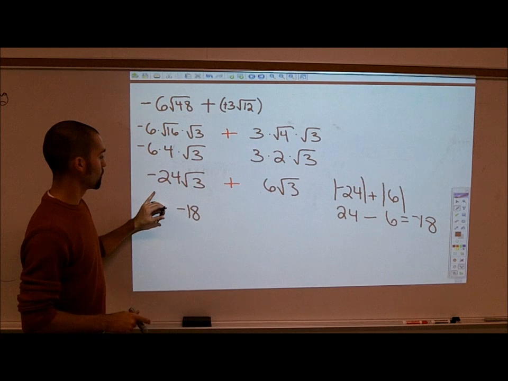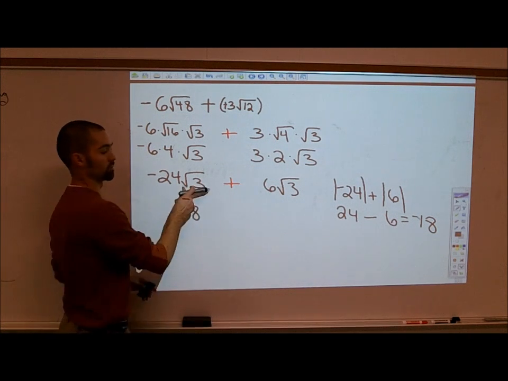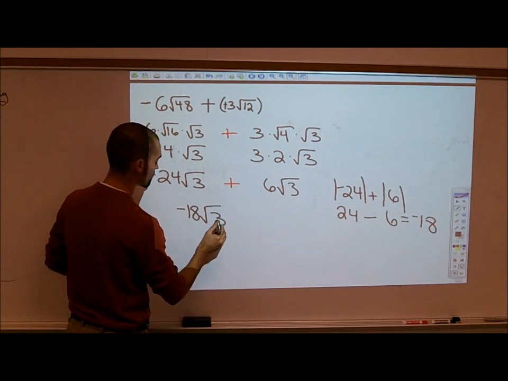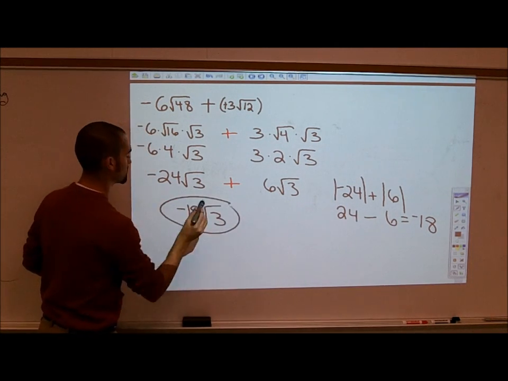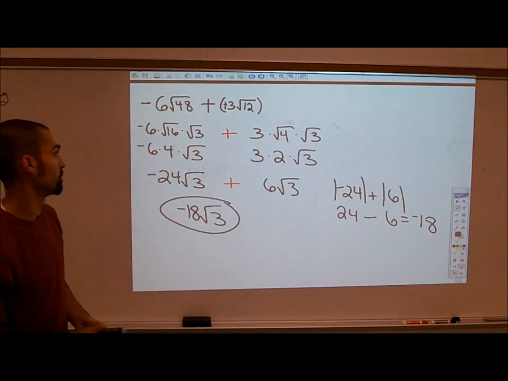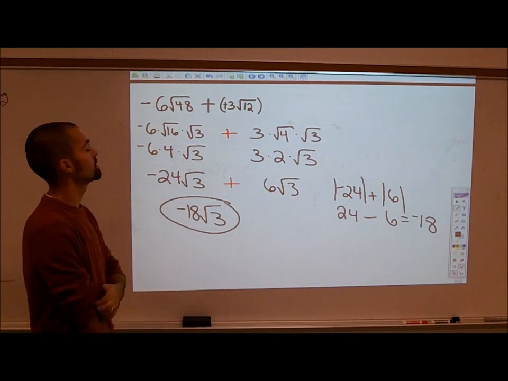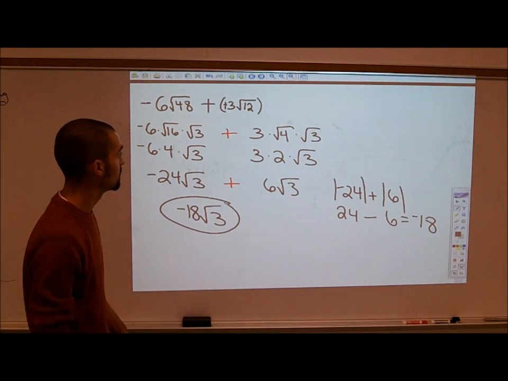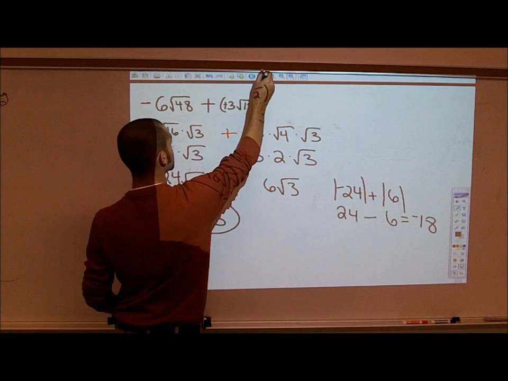All right? And then finally, we do not add radicals. Okay? That is our answer for negative 6 times the square root of 48 plus or minus negative 3 times the square root of 12. Okay? The next problem,